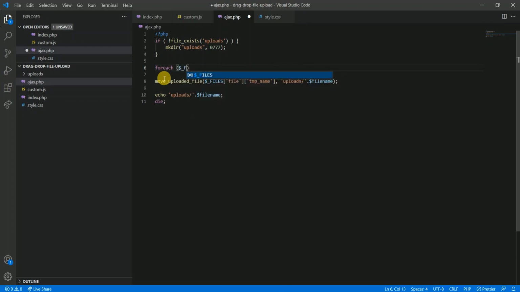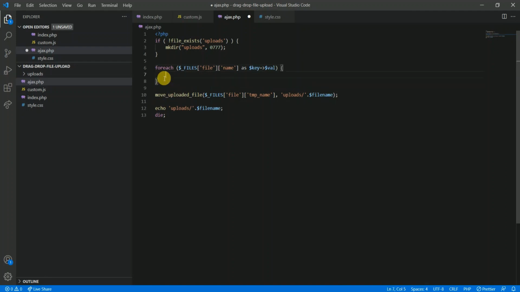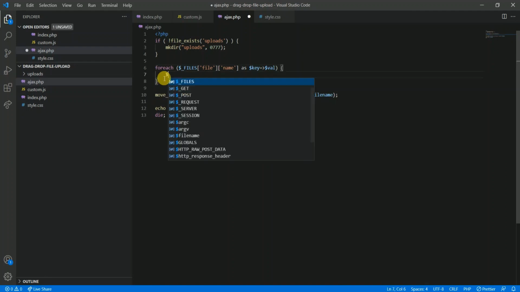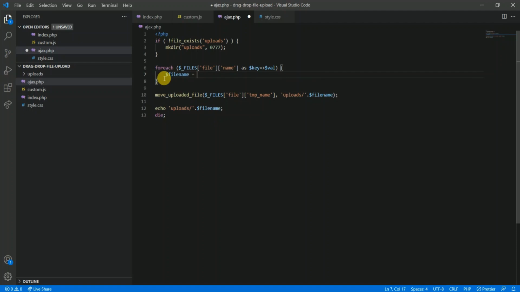$_FILES, file name as key value. File name equal to, this time I am using a unique ID instead of the time method, because all the files will get uploaded in a matter of microseconds, so it might be possible that the time value will get repeated. So let's use a unique ID.